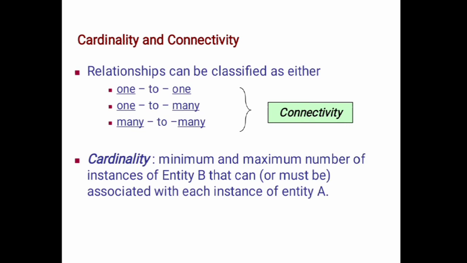As I told you, there will be cardinality and connectivity. A relationship that consists of the minimum and maximum number of instances of an entity is nothing but cardinality. Now, what is meant by relationship? One entity relates with another entity by having a relationship. Then it may be one to one, one to many, or many to many. There are many more interesting topics to